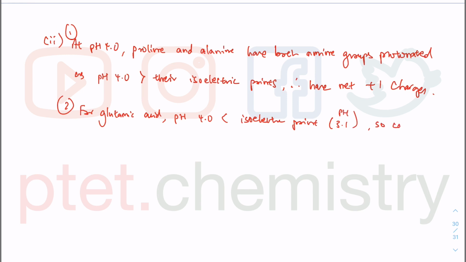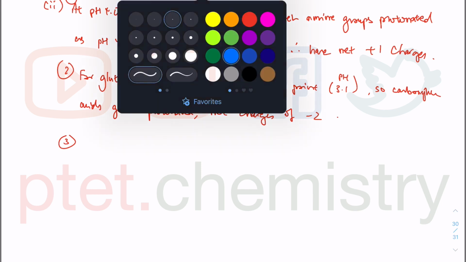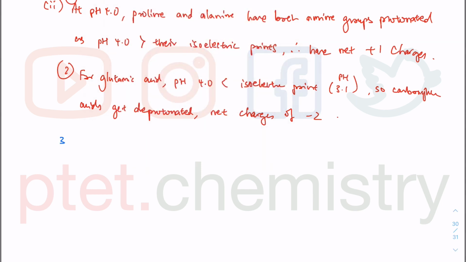So the carboxylic acid groups get deprotonated, and when deprotonated, I get a net charge of -2, because I have 2 carboxylic acid groups in glutamic acid, one from the main amino acid backbone and one from the side chain. So overall, I could use a different color just to prove my point. Overall, -2 charge